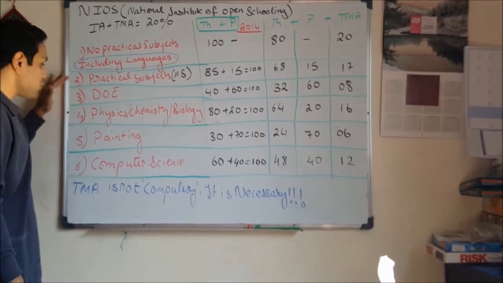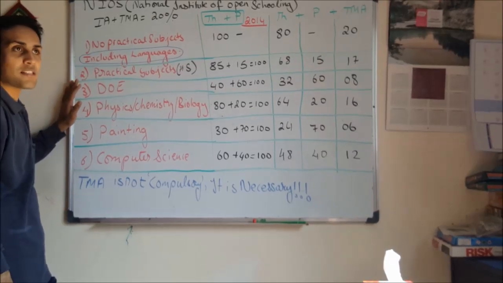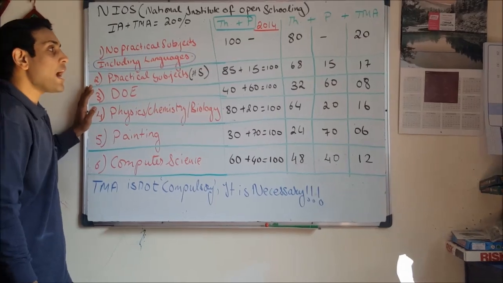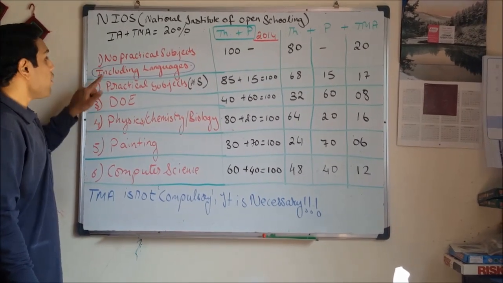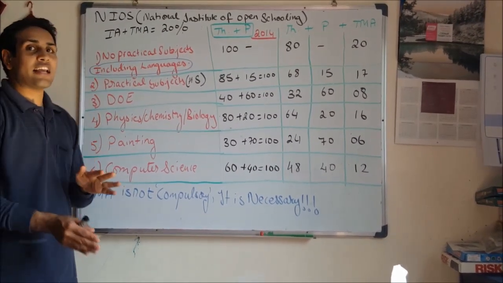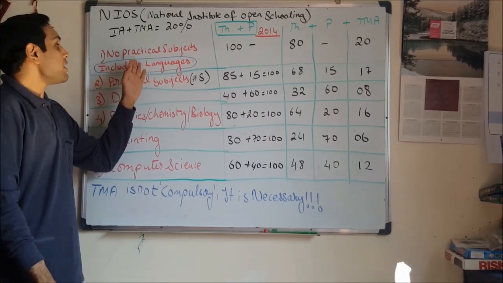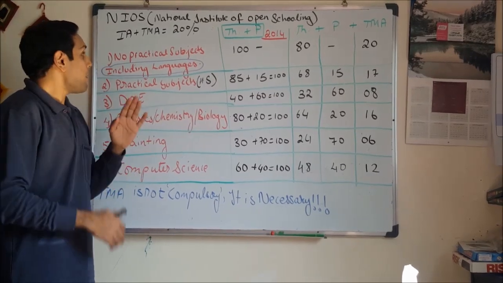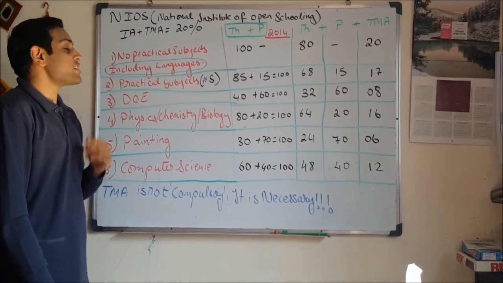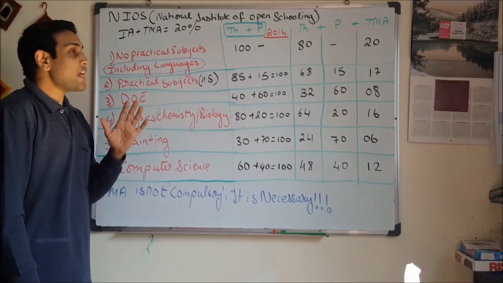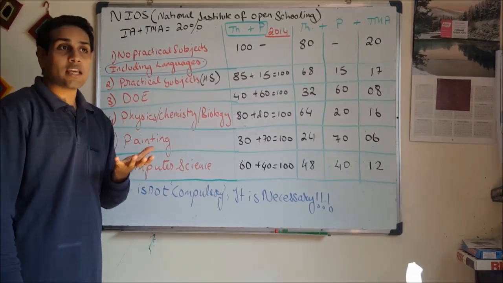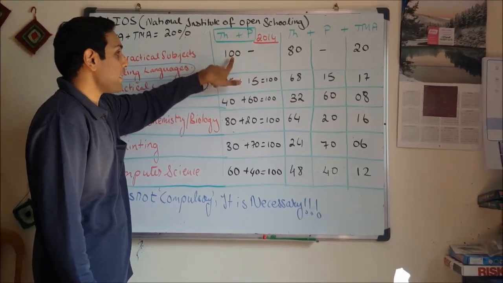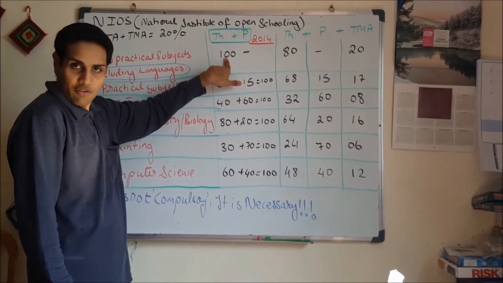I have written some subjects here, some important topics, a mixture of secondary and senior secondary subjects, and let us see how we get the marks for them. The first, common between secondary and senior secondary, is the languages, English, Arabic, Oriya, anyone, plus the non-practical subjects such as business, economics, sociology, psychology, political science. For all of them, the 2014 paper had no practical, so the theory marks were directly out of 100.